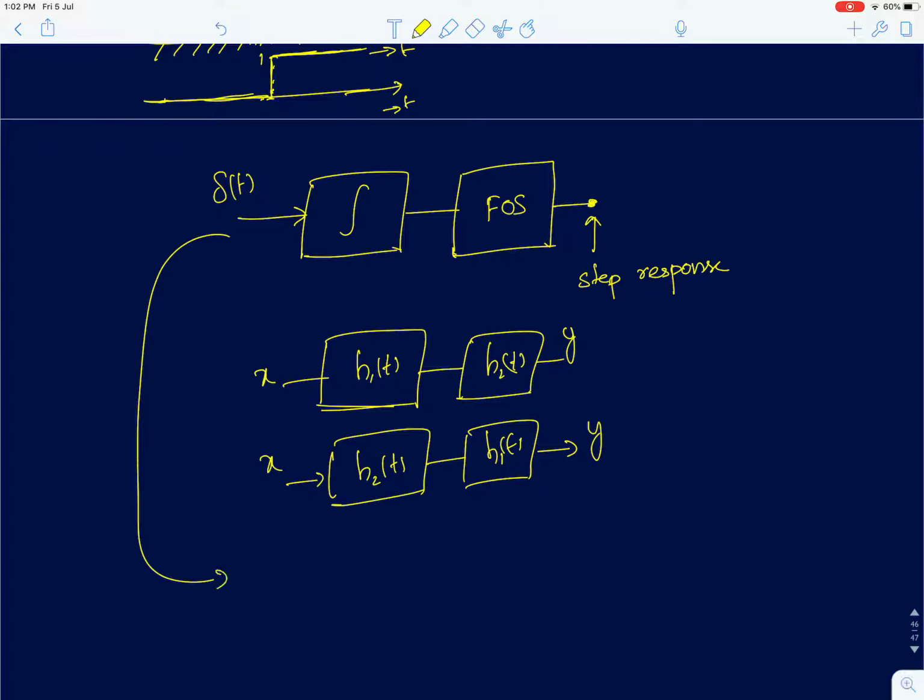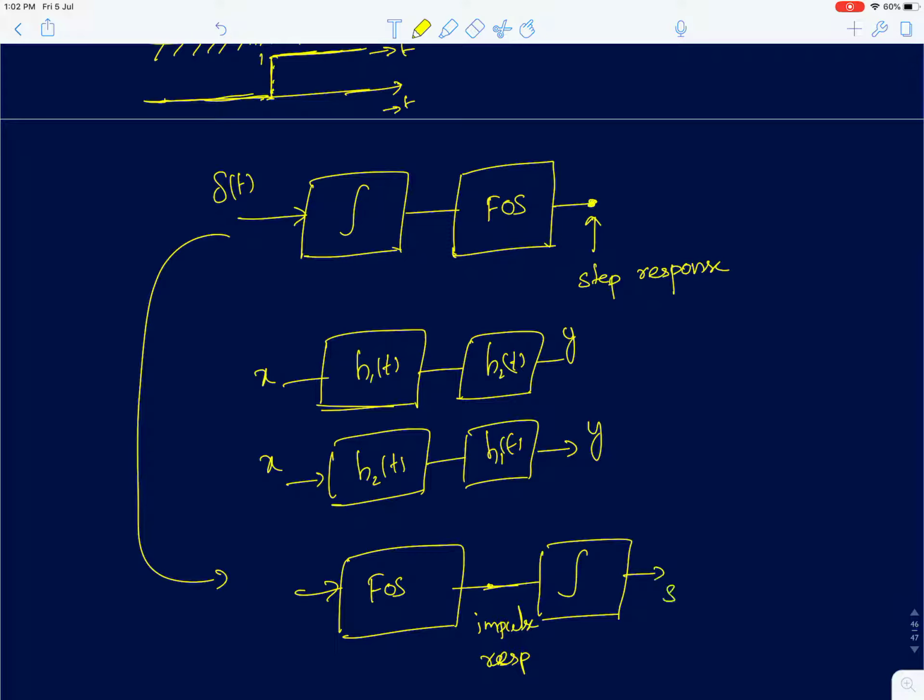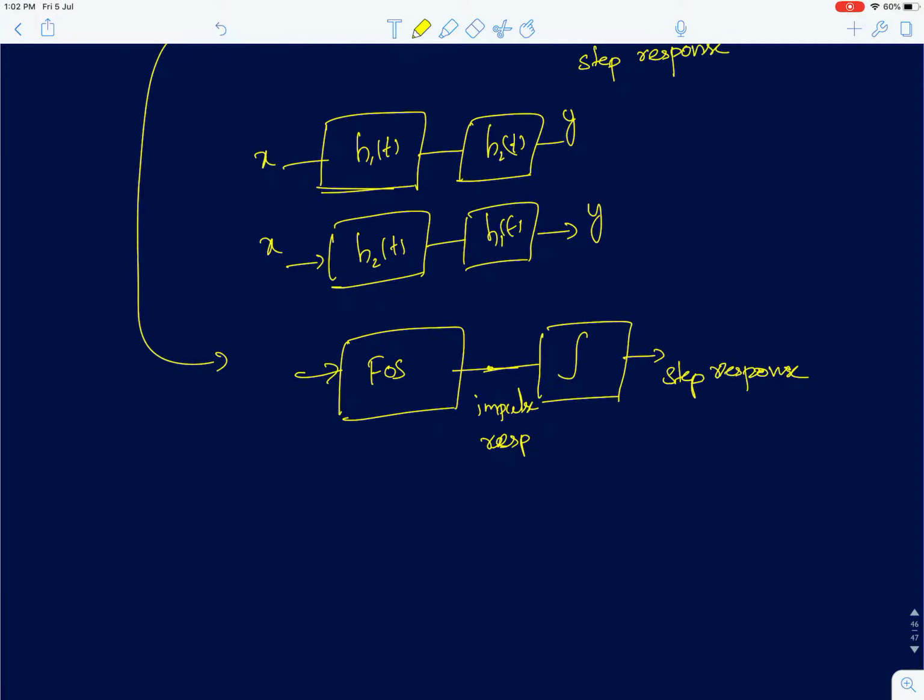Using that, I'll just feed an impulse to a first order system first, so that will be your impulse response here. And then I'll integrate the impulse response to get the step response. So this will be your delta of t. First you feed an impulse to a first order system and then integrate the impulse response, you should get the